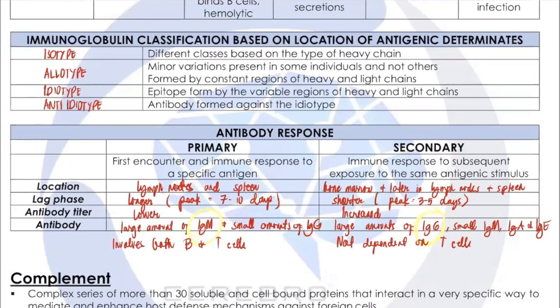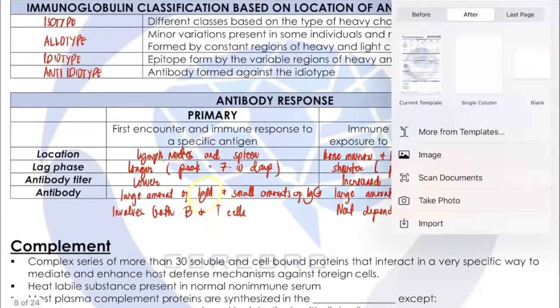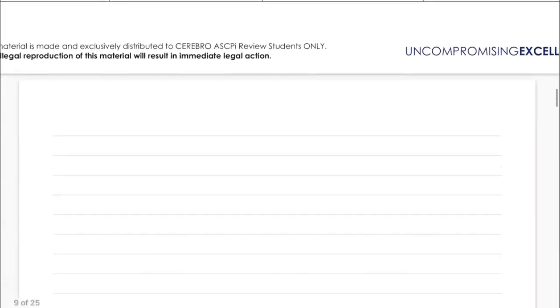Now, of course, we have what we call antibody fragmentation. I failed to include that in the notes, but let's add it. The method depends on the type of antibody, of course. If you are to digest, let's say, IgM,